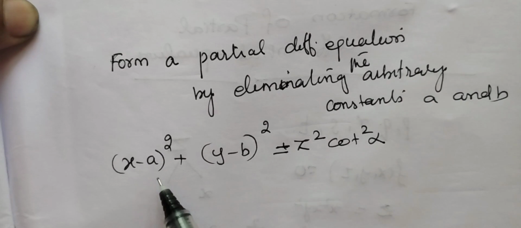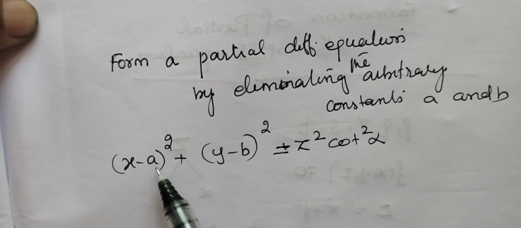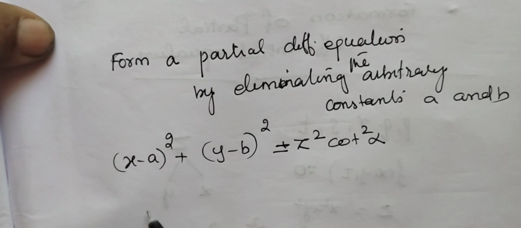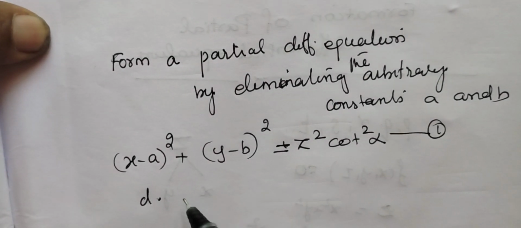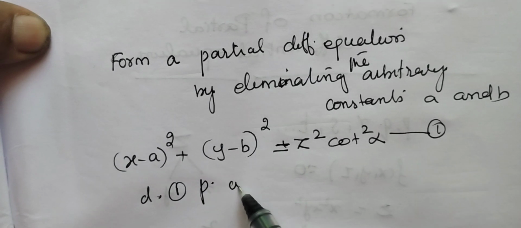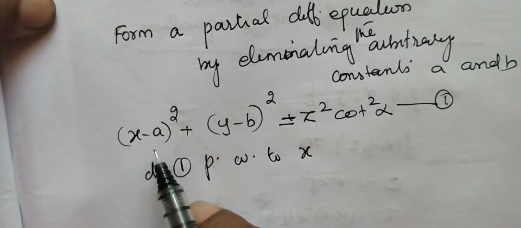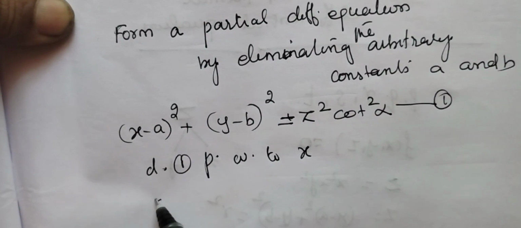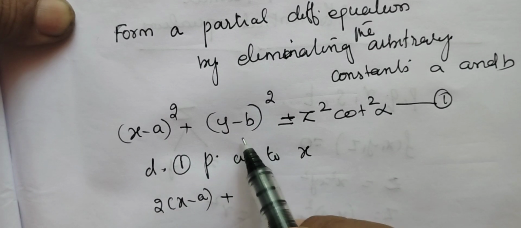Now here the number of independent variables is 2 and the number of arbitrary constants is 2. Therefore, we can use only the first order derivatives. So take this as equation number 1, and differentiate 1 partially with respect to x. So your answer is x minus a the whole square, this is of the form x square. X square differentiation is 2x, so 2 into x minus a. This term contains no x term, so it is constant, 0